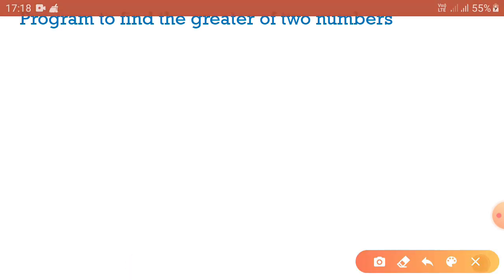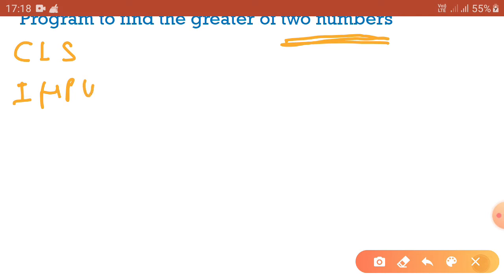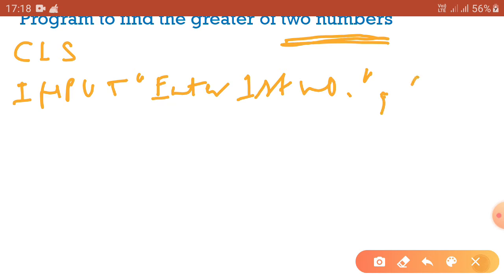So what will be the first statement? That is CLS, to clear the screen. Then the program is to find out the greater of two numbers. That means we have to take two numbers from the user first. So I am using the input statement, and then we can write "Enter first number", then double quote and comma, and then you are storing the value in a variable.